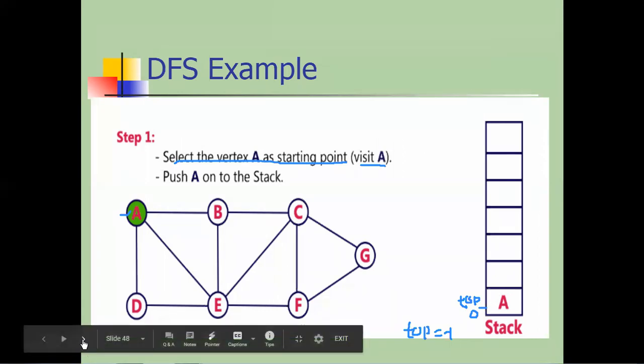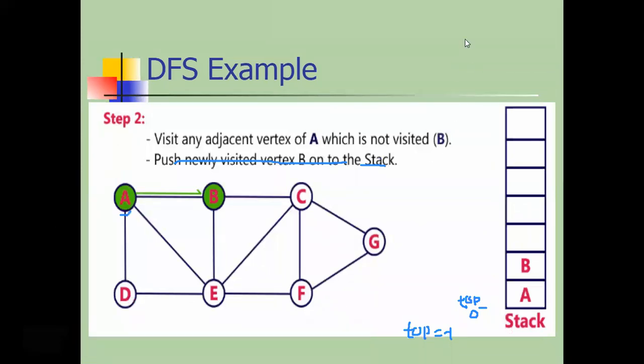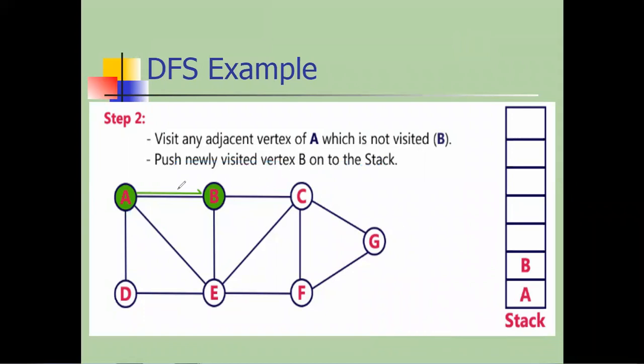Okay, fine. So what is the next step? Now just check here, everyone can understand this point. Now tell me, what is the second value here? Visit A, we are visiting it, put it into the stack. Now visit any adjacent vertex of A which is not visited. So we are considering B here. You might be thinking, ma'am, why are we selecting B, why are we not selecting D?